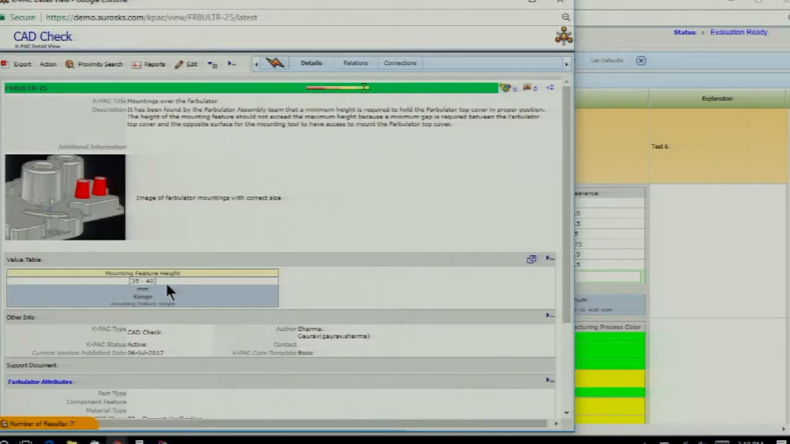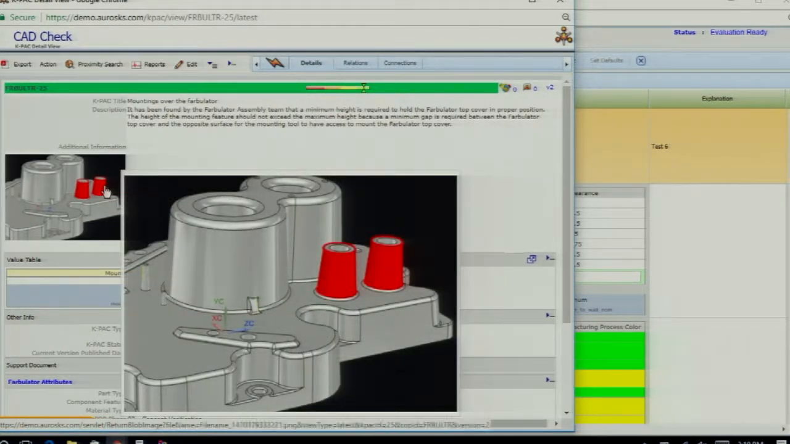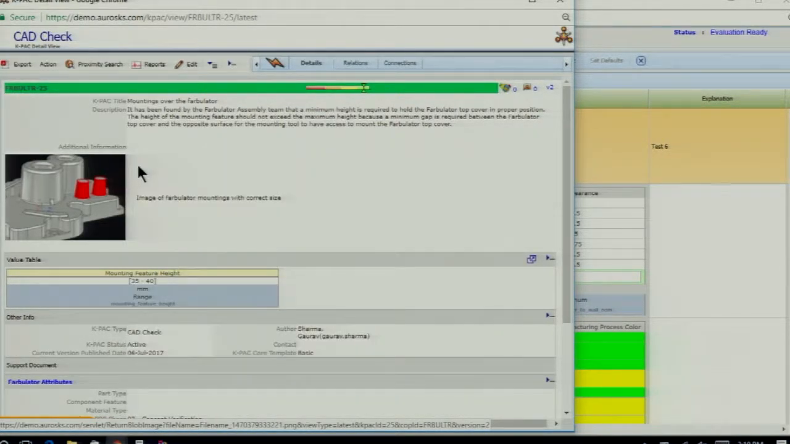CAD model. So this particular CAD check has to do with the height of the mounting bosses that are on our Farbulator. There's a cover that's not shown here that needs to align with this particular part. And so the height of these mounting bosses needs to be within a specific range, 35 to 40 millimeters. So if